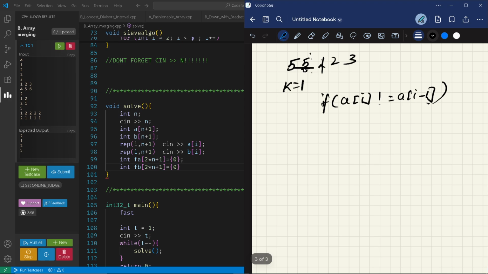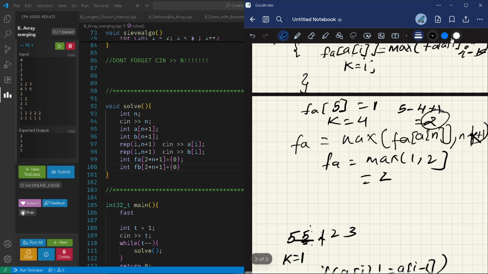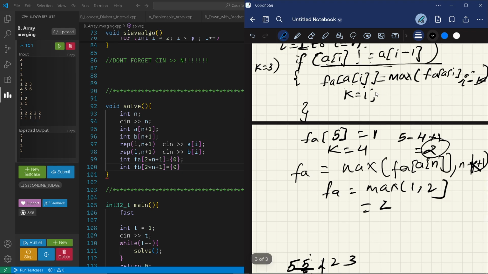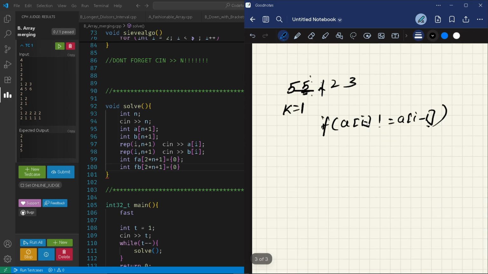So when they are not equal, then I'll just repeat the same thing which I did here, which will be max of a frequency of a of i comma i minus k. Maybe this should be i minus 1. Yeah, now it will be fine for me. Then f of a of i minus 1 is equal to maximum of f of a of i minus 1